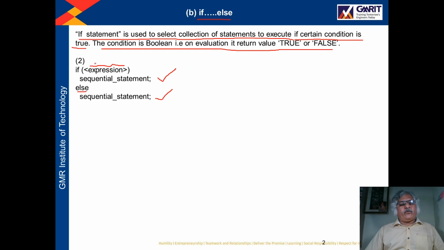If it is true, then set of statements number 1 will be executed. Otherwise, if after the evaluation of the expression we get false, then the set of sequential statements number 2 will be executed.